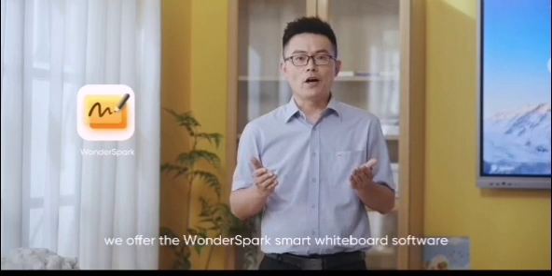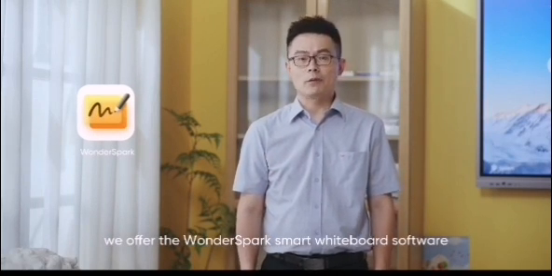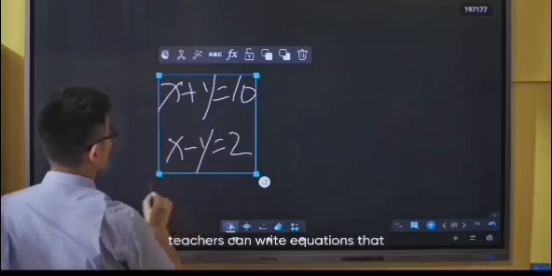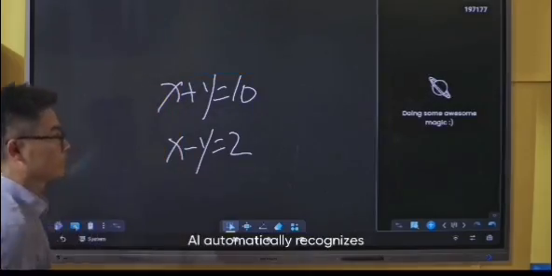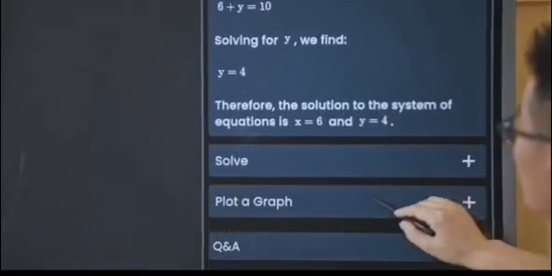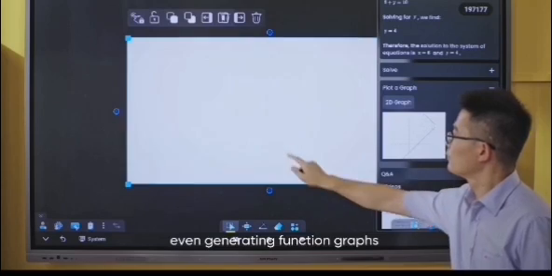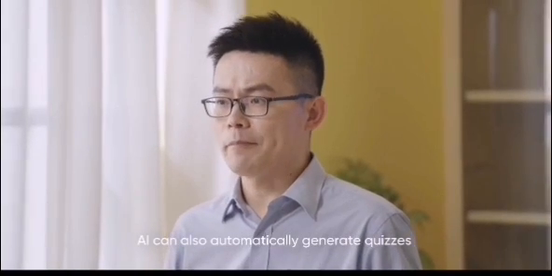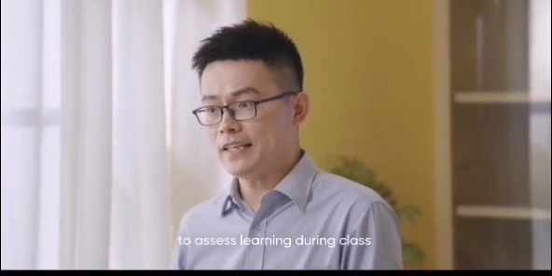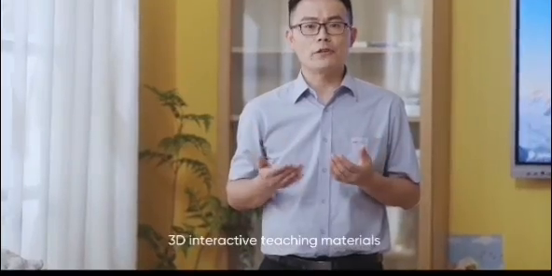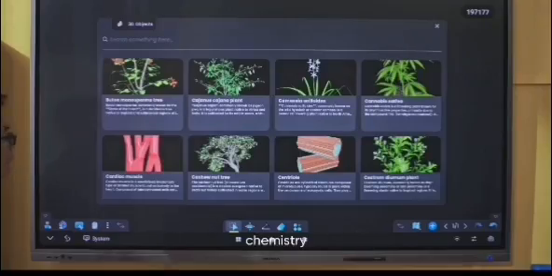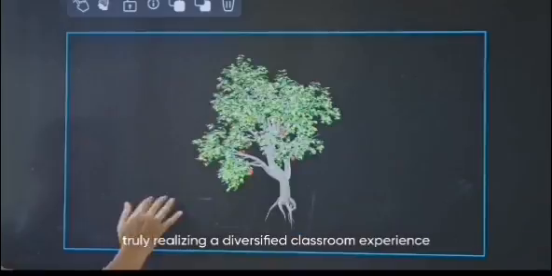Beyond these features, we offer the Windows Spark Smart Whiteboard software powered by AI technology. For example, in math classes, teachers can write equations that AI automatically recognizes and provides solutions for, even generating function graphs to help students understand more intuitively. It can also automatically generate quizzes to assess learning during class. Meanwhile, Windows Spark offers a wealth of 3D interactive teaching materials covering mathematics, chemistry, natural science, and more, truly realizing